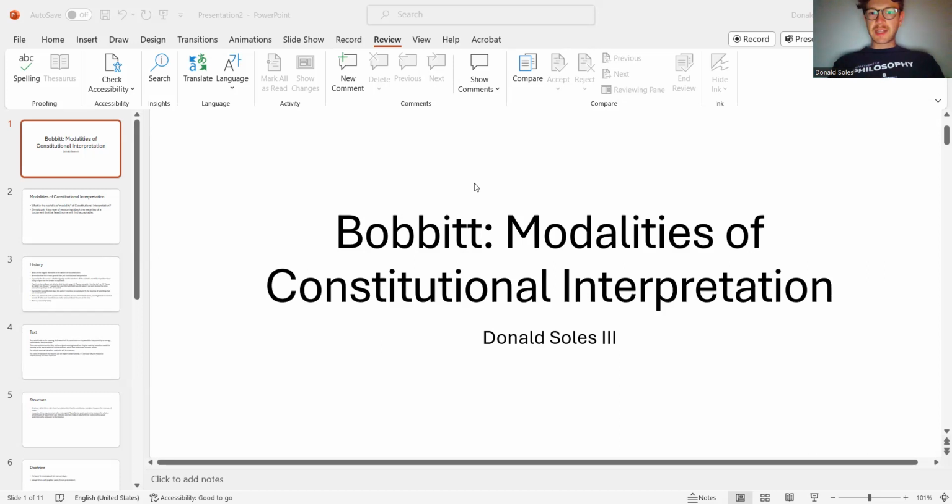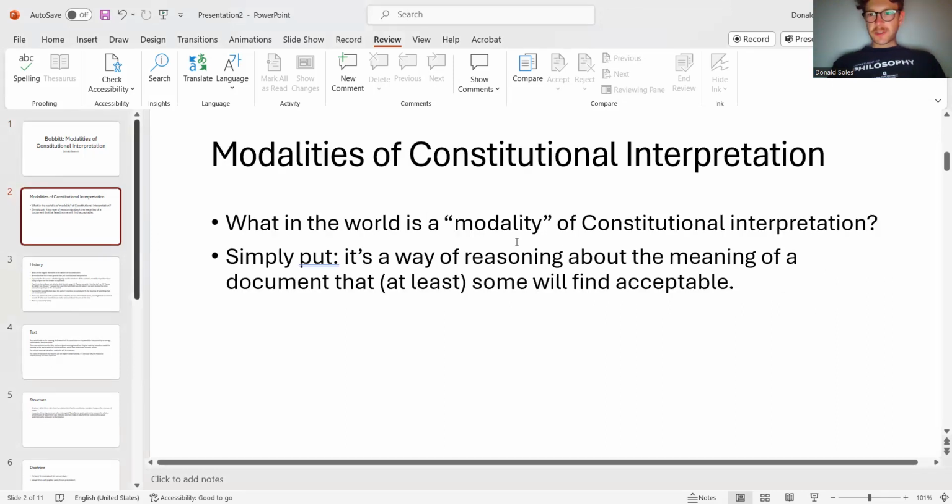And so Philip Bobbitt's Modalities of Constitutional Interpretation is a piece that chronicles the way of making arguments about interpretation that would count as acceptable. When I first began teaching this course, I thought the use of the term modality was manifestly unhelpful. I had no idea what a modality was. And it is kind of stipulative at the end of the day. But after years of teaching this, I've just kind of accepted the fact that modality is what I've begun to say as well. But when I use the term modality, as does Bobbitt, we just mean a way of arguing about the interpretation of something. What counts as a good interpretation? What counts as a good interpretation will be given by a modality.